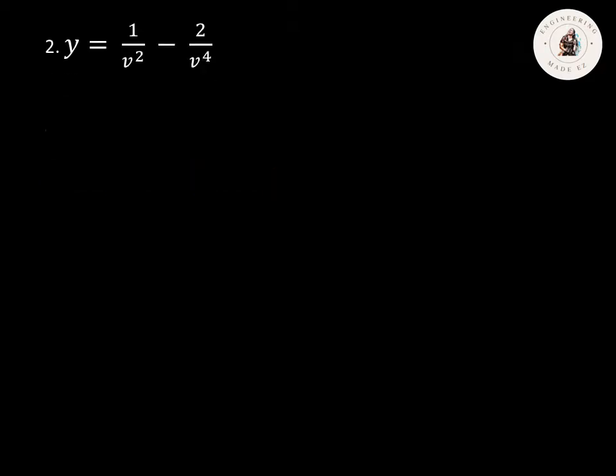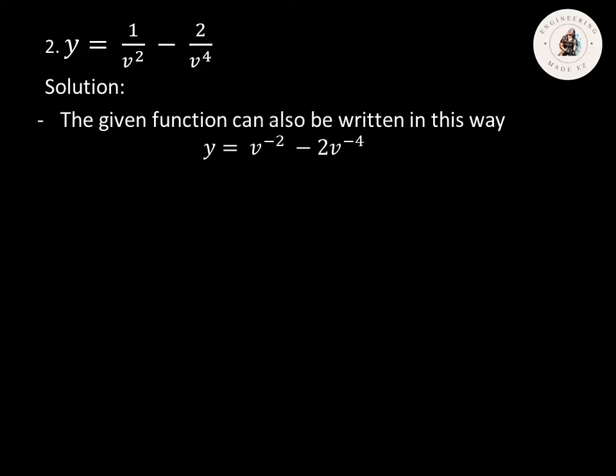For number 2, we have y is equal to 1 over v squared minus 2 over v raised to the power of 4. To solve this, we have to rewrite the given function. So we can transform this into an exponential form. To transform 1 over v squared into exponent form, we have v raised to the power of negative 2, minus 2 over v raised to the power of 4, which will become 2 times v raised to the